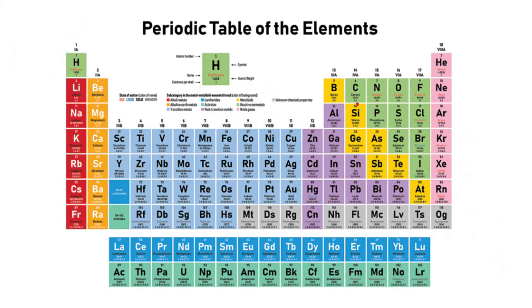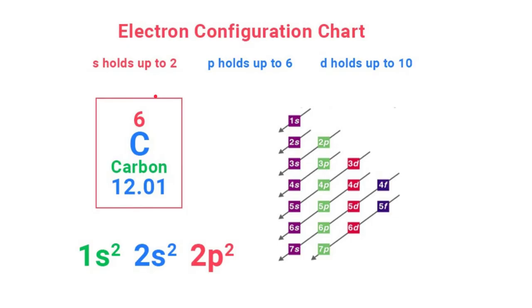My dear students, if you observe carbon in the periodic table, it belongs to group 4A, and it belongs to the second period. The atomic number of carbon is 6. When we write the electron configuration, we get 1s2, 2s2, 2p2. Here 1s2 belongs to the K shell, and 2s2, 2p2 belong to the L shell. That means the carbon valency shell has 4 electrons.